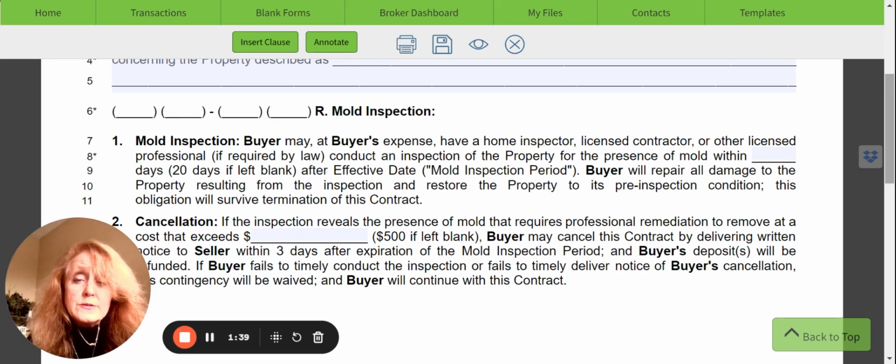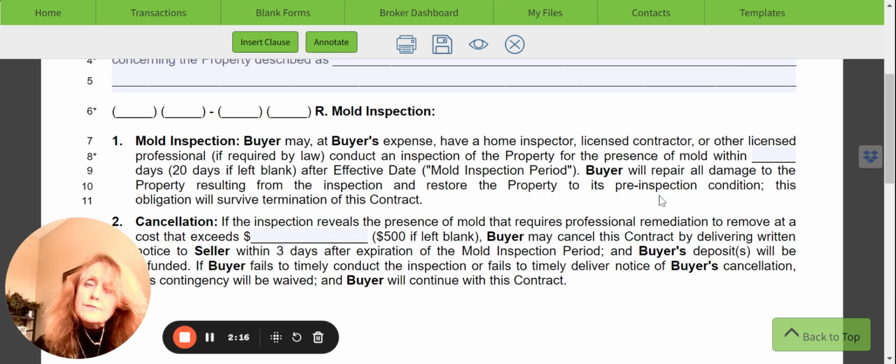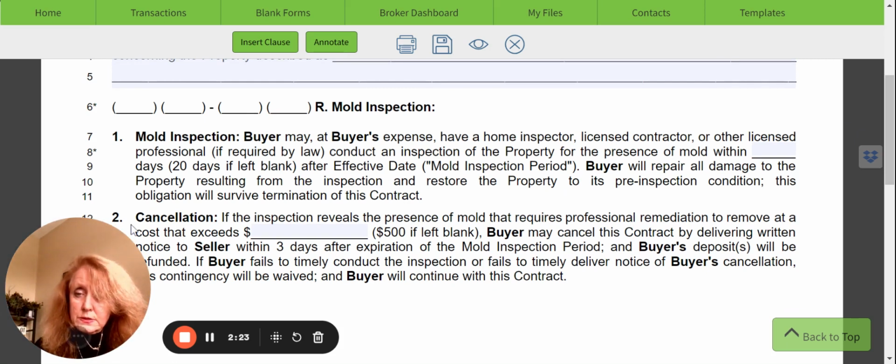It does give time for the home inspection and ancillary inspections to be done, including mold. The point is that once you've selected a period of time from the effective date, that inspection must be done. Buyer hereby agrees to repair all damage resulting from the inspection and restore the property to its pre-inspection condition. This obligation survives the termination of the contract. And what that means is that if in fact the buyer decides that there's mold and they exercise the right to cancel under paragraph 2 here, or the seller and buyer both agree to cancel the contract,